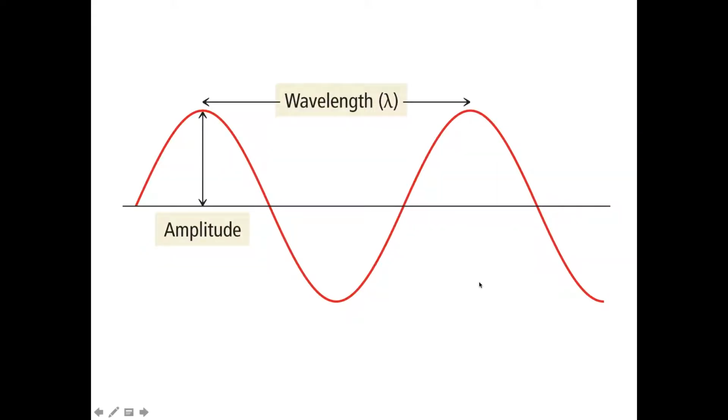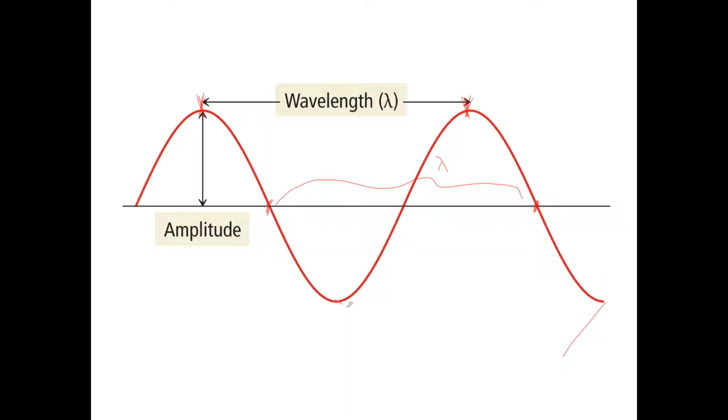Now we're going to look at the aspects of a wave that we are going to care about, and they are here. Actually, one of them is here. We're going to say not a whole lot about amplitude, but the wavelength is a big deal, okay? So we're going to calculate wavelength a lot. Can you see a peak here and another peak here? And the distance between these two peaks is the wavelength. It's the same distance, by the way, as from that node to this node. That's also a wavelength,